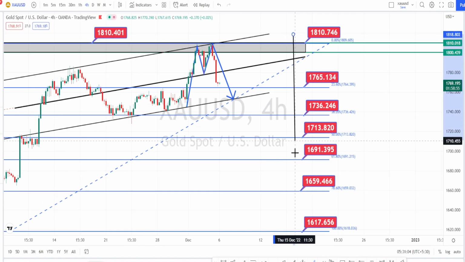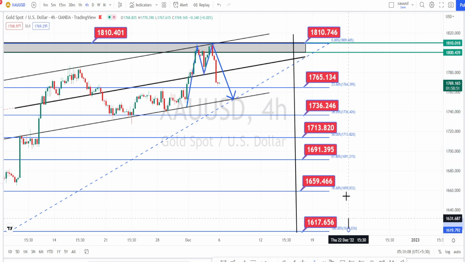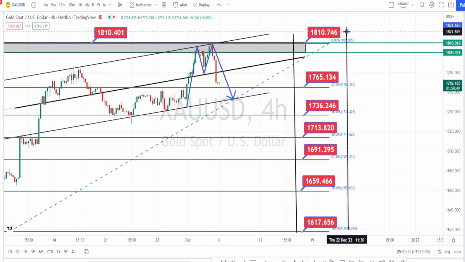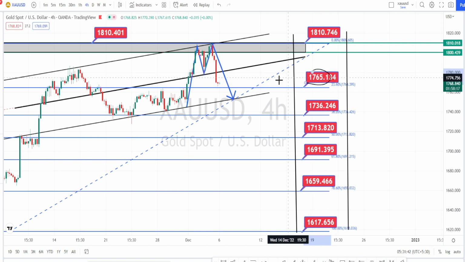So the values within these red color boxes are the resistance and support levels for current price action in the 4 hours time frame. And currently the price action is trading around the support level of 1765, and if the price action breaks this support level, the next level of support is going to be the bullish channel pattern trend line or the support line, and only when the price action breaks this support line,